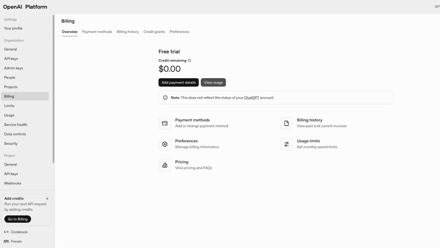First, open the OpenAI platform. If you already have an OpenAI account, simply click on Login and enter your credentials to access your dashboard. Once logged in, you'll be ready to generate your API key and connect it with Academy LMS for seamless AI-powered